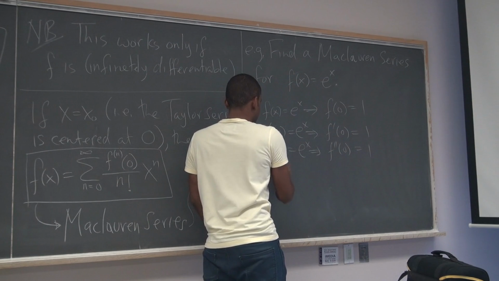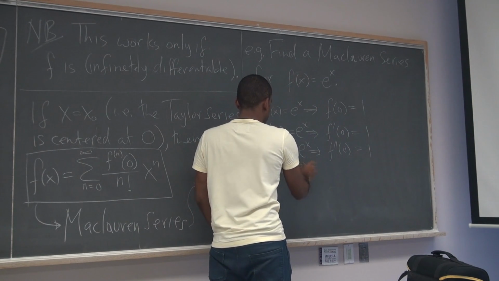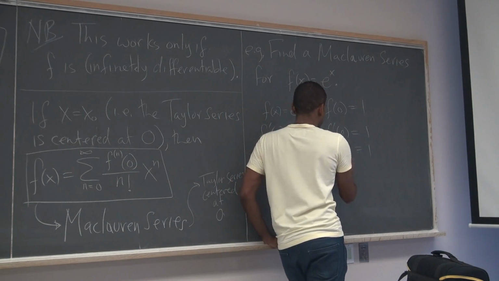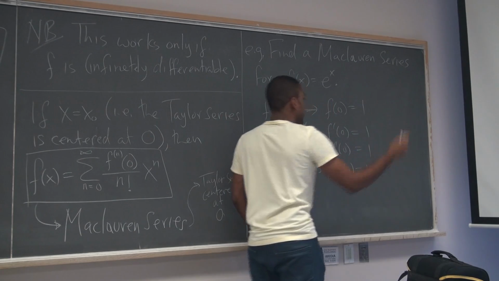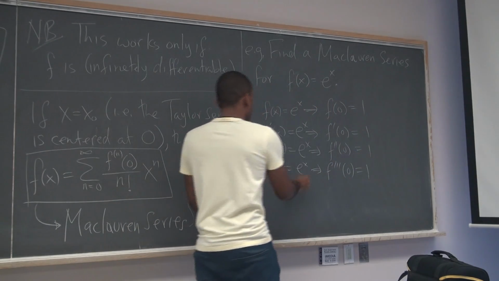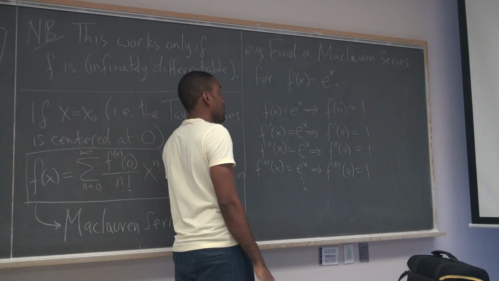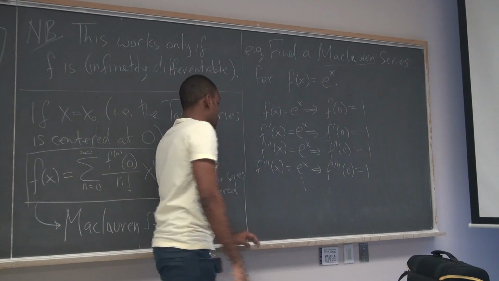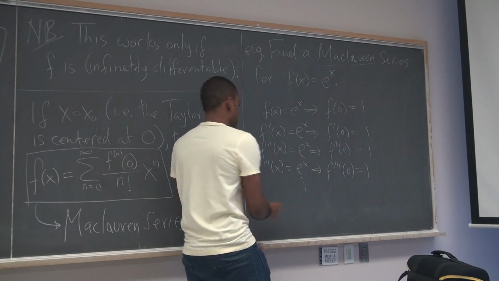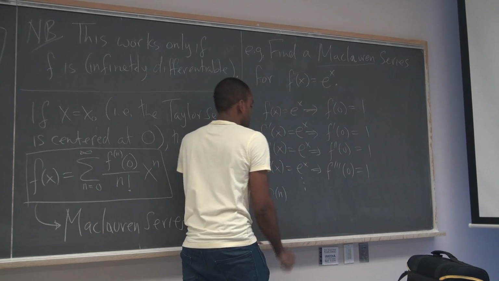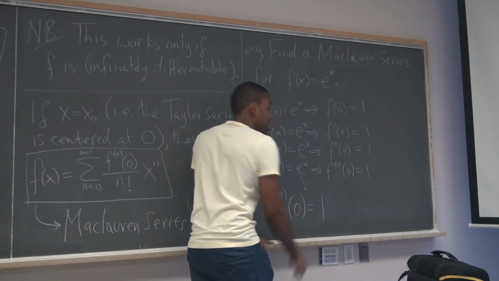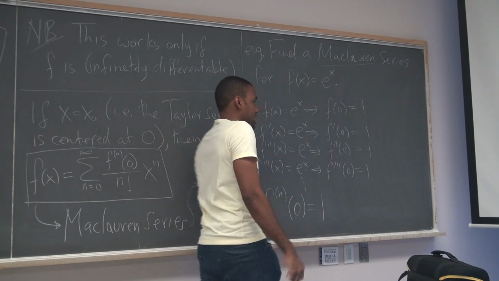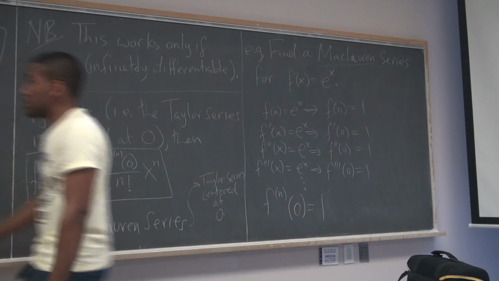The third derivative of x. What do I do? The third derivative at 0 is, what is it? 1. See a pattern? Of course. The zero comes from being centered at 0, right? Yes, because I said Maclaurin series. It means I'm evaluating at 0. So now, what does this mean? What's the nth derivative evaluated at 0? It's always 1, right? I'll keep getting 1, because the derivative of e to the x is just itself, and you evaluate it at 0, you're always getting 1, which means